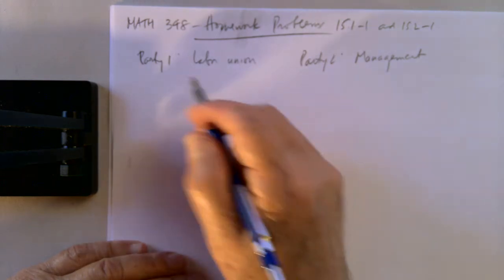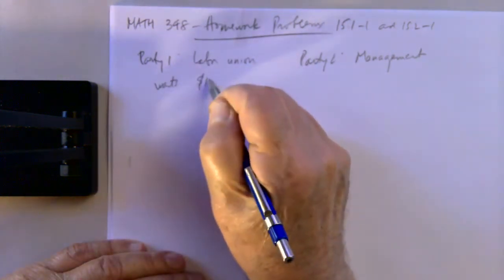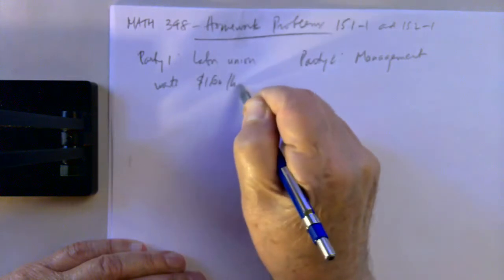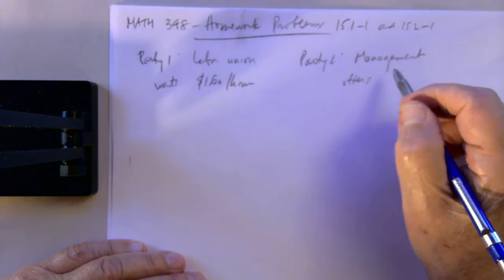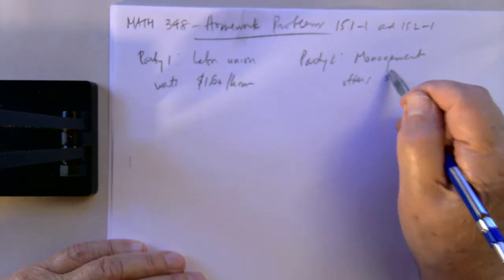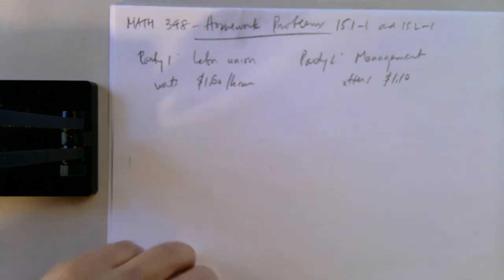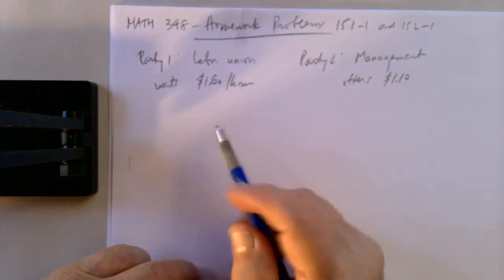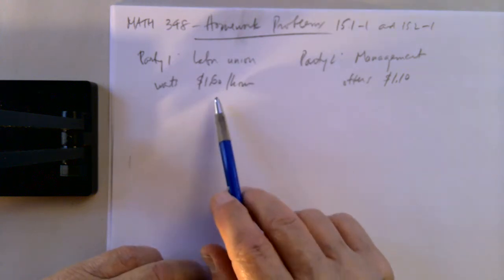So what the labor union wants is an increase in the salary of $1.60 per hour. And what management is offering is an increase of $1.10 an hour. So if they decide on, let's say, a final salary of $1.20 an hour, then